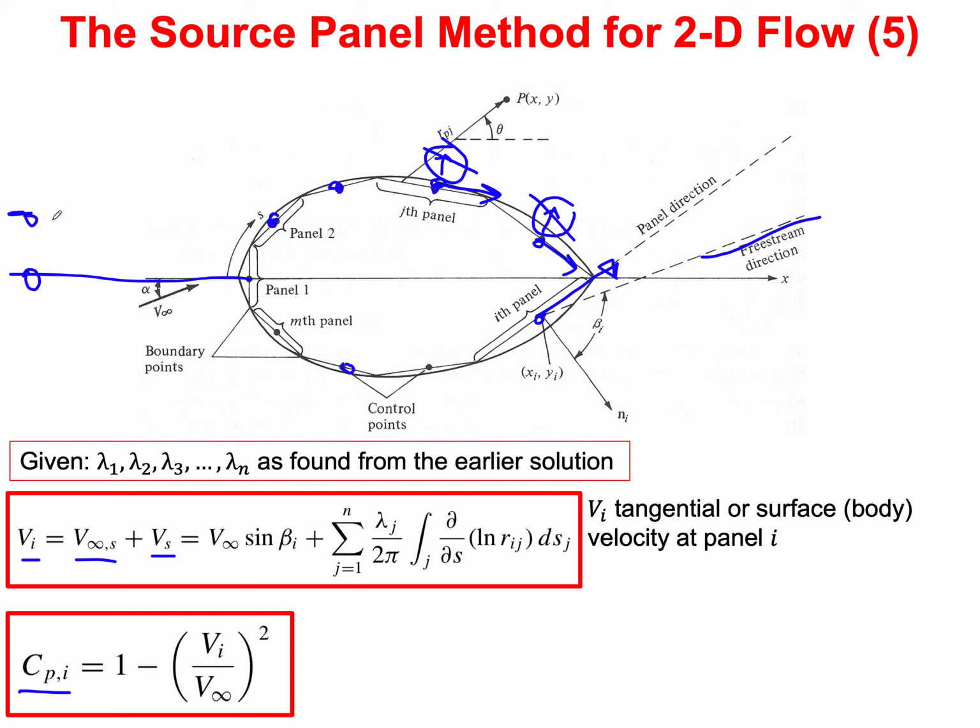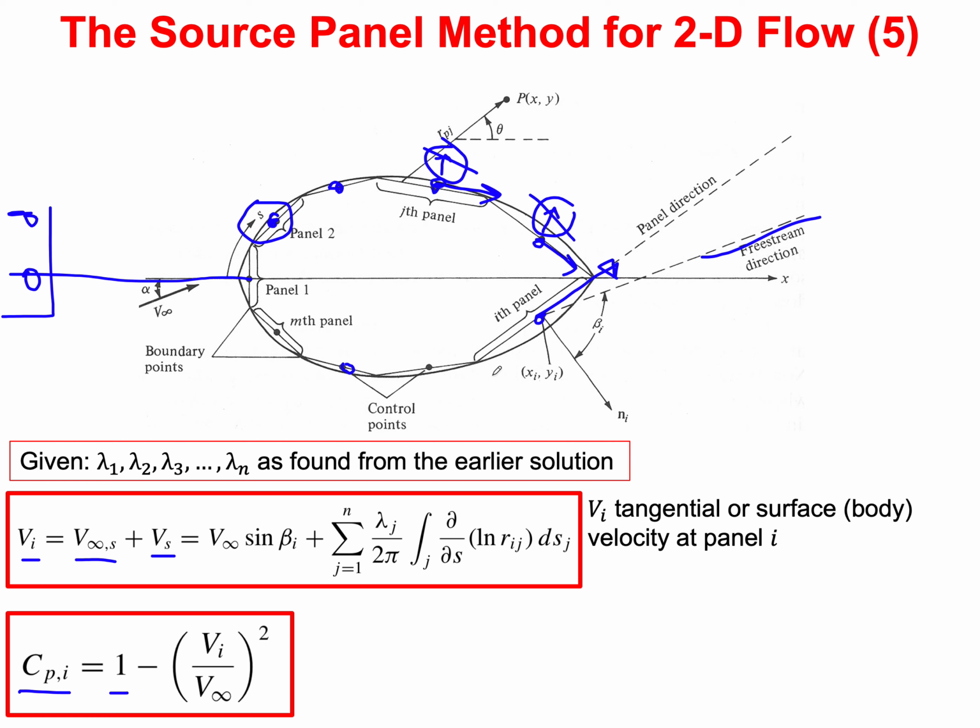So when you take Bernoulli between point A and point B, which is any point i on the body, the pressure coefficient will be just 1 minus Vi over V infinity squared, as we've seen in a previous lecture. So that gives me my pressure coefficient. So I now have my pressure distribution around my